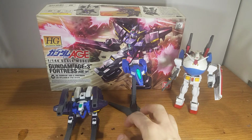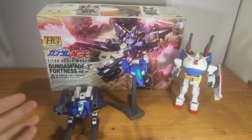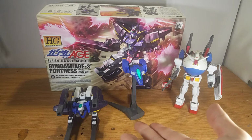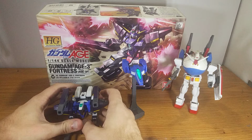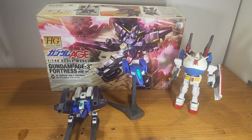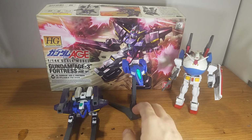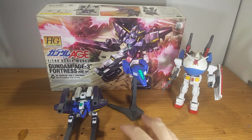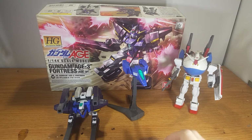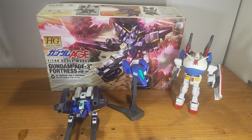This version here you see is with the core block and the G hopper, which is, as you can see in there, what I have them in right now. I figured to show them off first in their vehicle modes before showing them in the mobile suit form. Because, yeah, like I said, it's pretty cool, honestly. But I will mention right now that this kit is a bit of a parts former, just so you have an idea. And the reason why I say that is that even though they are separate right now and transformed as they're supposed to be,